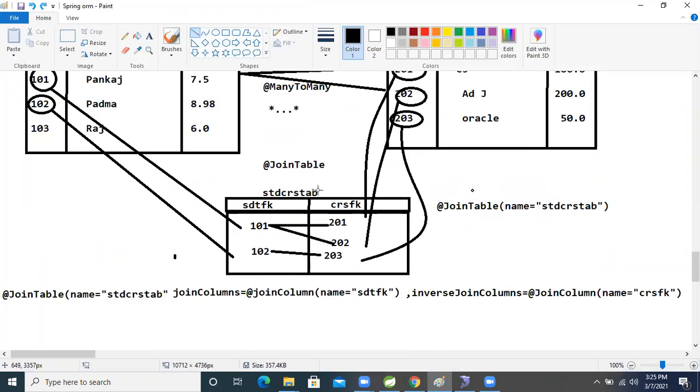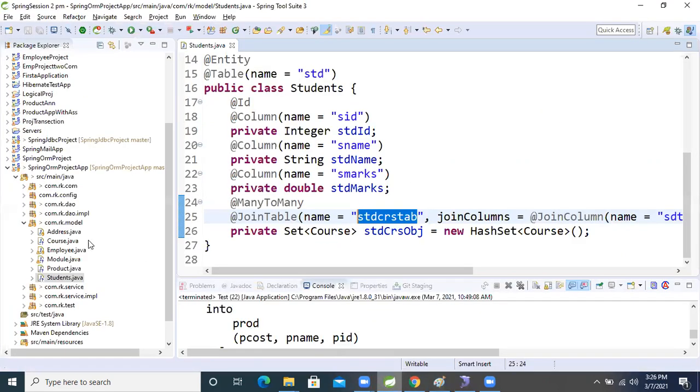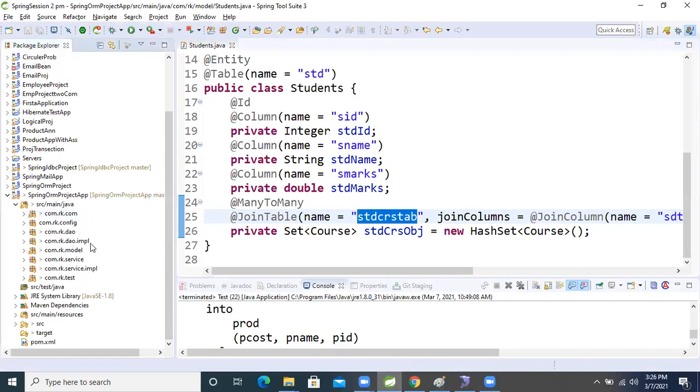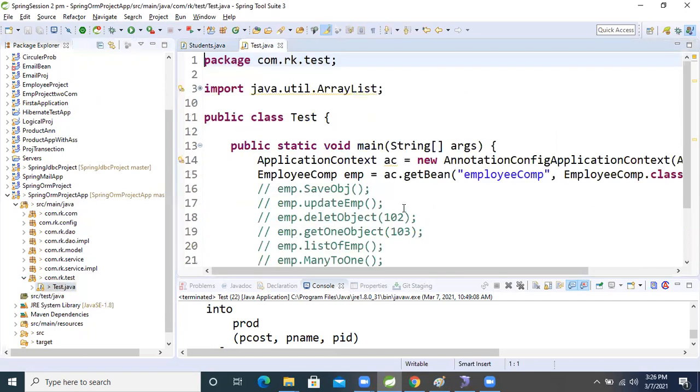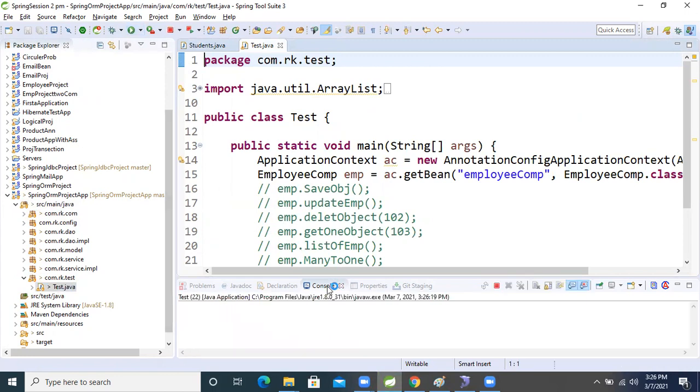And the std_crs table will generate with the columns stdfk and crsfk. Just the structure will generate in the tables, and then we will inject the data and see. Okay, come to the test class, open the test class. Now I'm running this application, and observe the console.